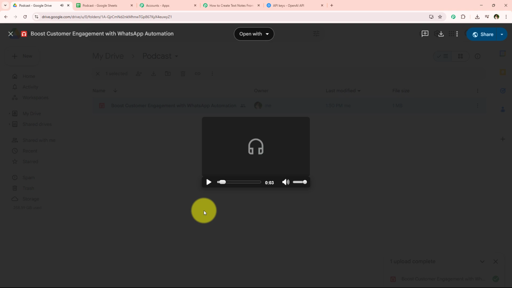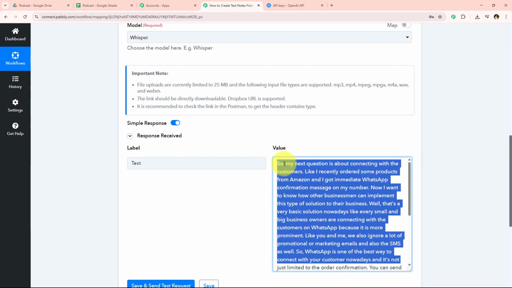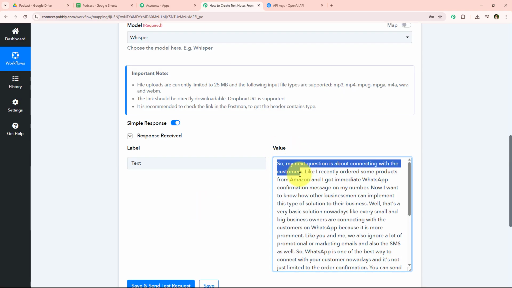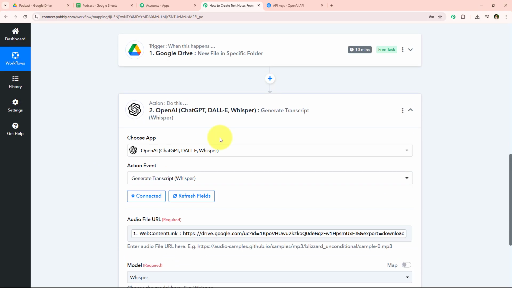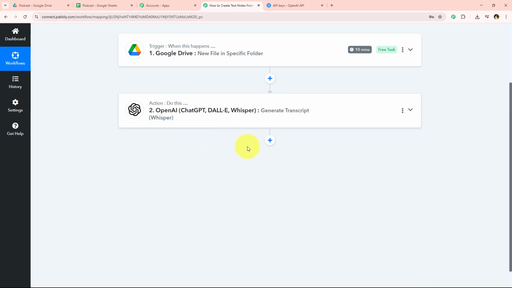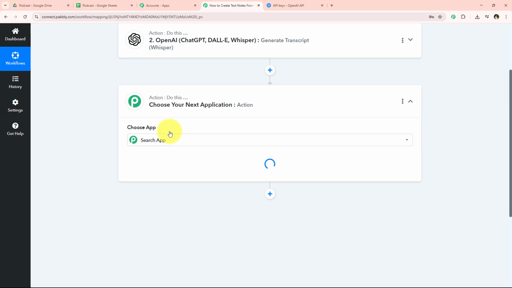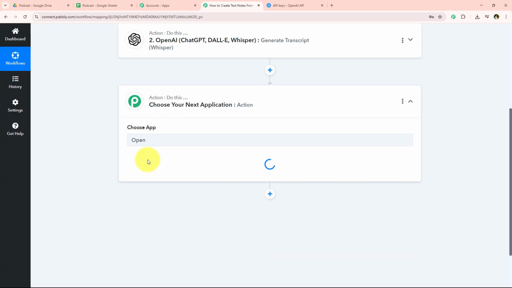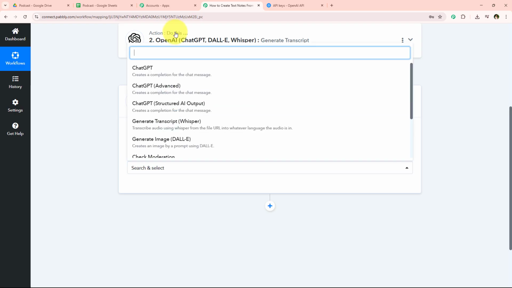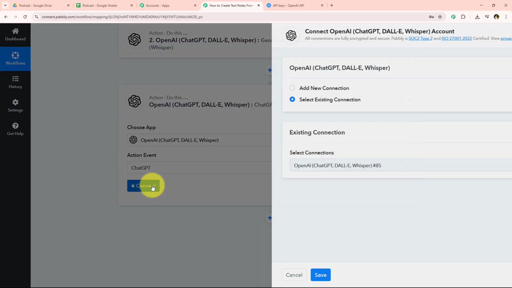So as you can see, the starting of the podcast said, so my next question is about connecting with the customers. So yes, you can see the transcription generated is exactly correct. And now using this transcription, I'm just going to generate the notes. For that also, I'm just going to add another action step and select the action application as OpenAI only. But now this time for the action event, I'm simply going to select it as ChatGPT and click on this